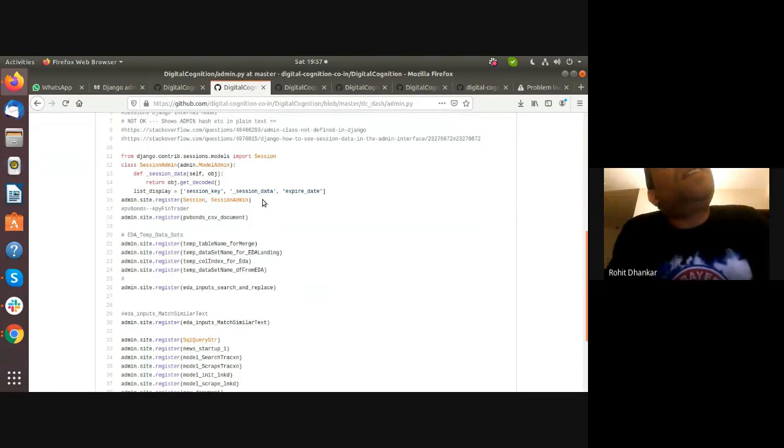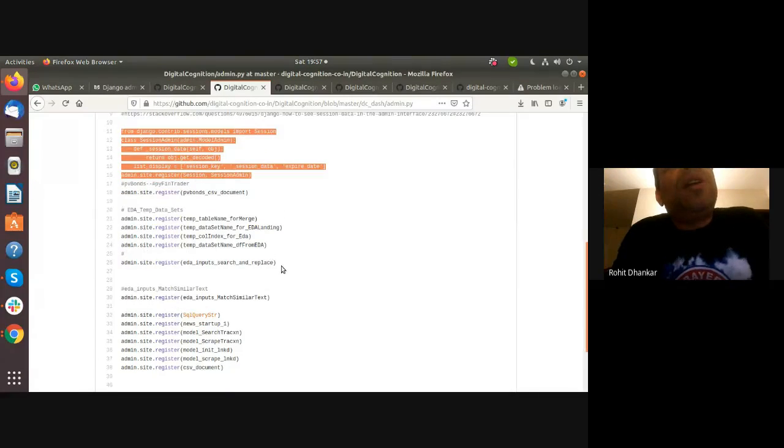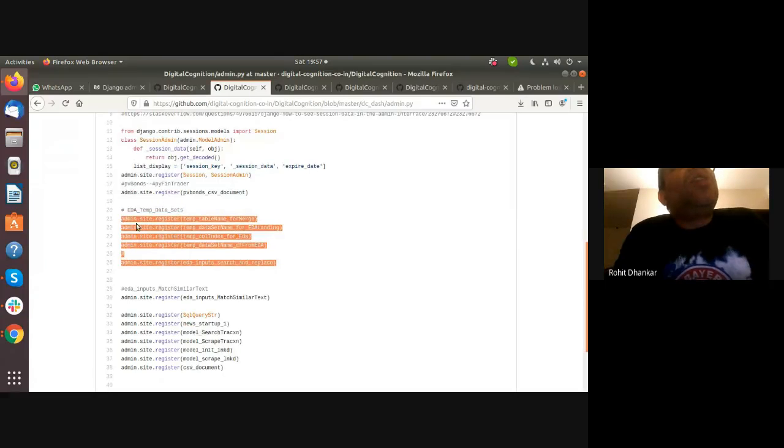Okay, this one is something slightly weird I was trying. So I am trying to save something in the session data and all that. So this I will explain later on. But the usual structure is this. Okay, you admin site register, and this is your model name. These are your model names.